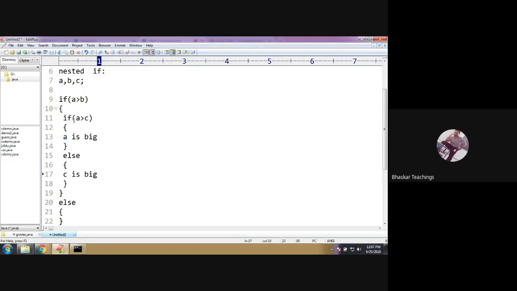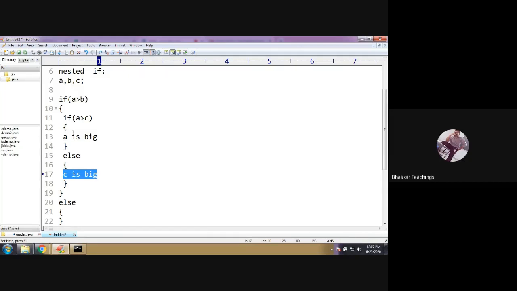Listen, look, when will control reach this point? When this condition is true only, control will reach this point. This condition true means A is bigger than B is declared. And this condition false means A is not bigger than C. When A is bigger than B and not bigger than C, obviously C is bigger, right? You need not check whether C is bigger than A or not, or C is bigger than B or not.